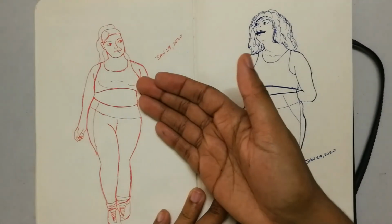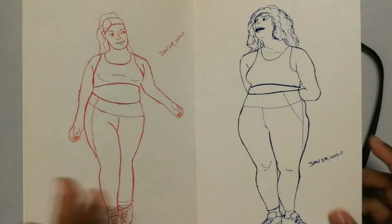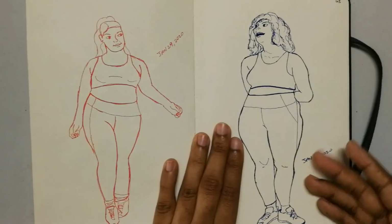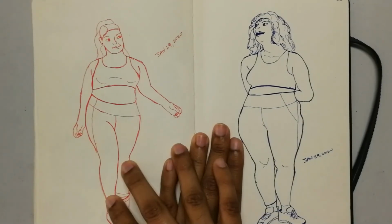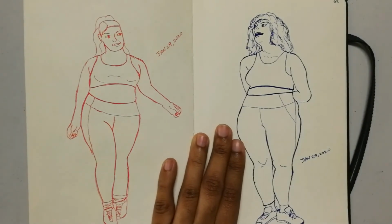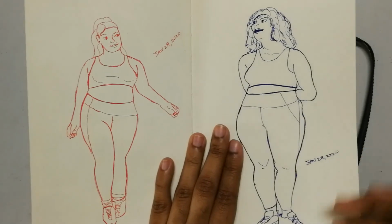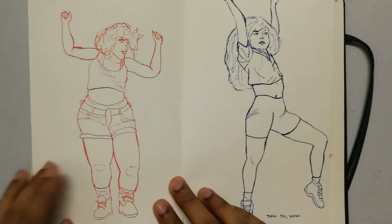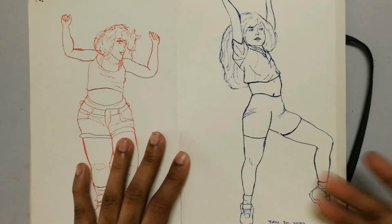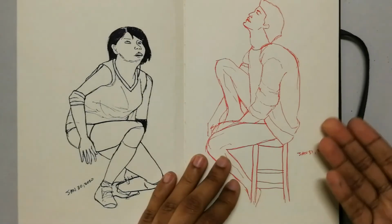So I looked up some plus size models, and I looked them up in workout clothes because I wanted to really get a good look at the form. And I think I drew the two of them pretty well. I have a problem with drawing faces when you're looking from the bottom up. So I don't think I did her face justice, but I like them overall. She was dancing and I thought she looked pretty, so I drew her. Another one dancing. Volleyball player, this male model,